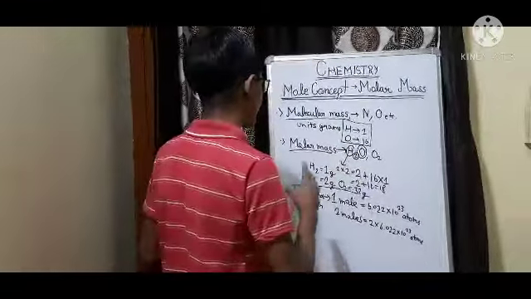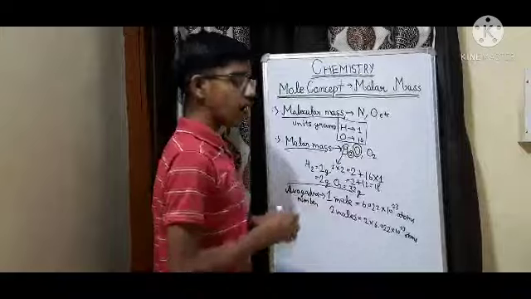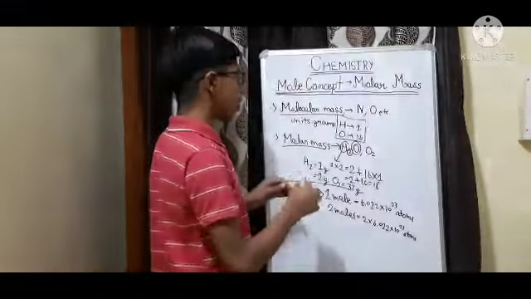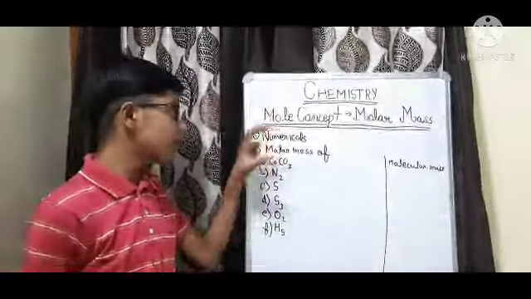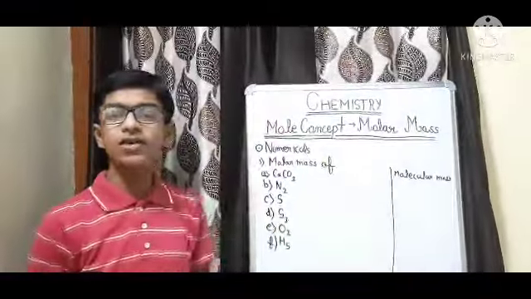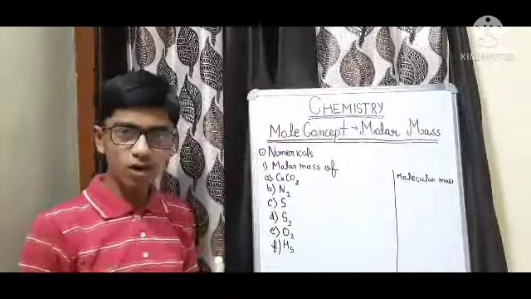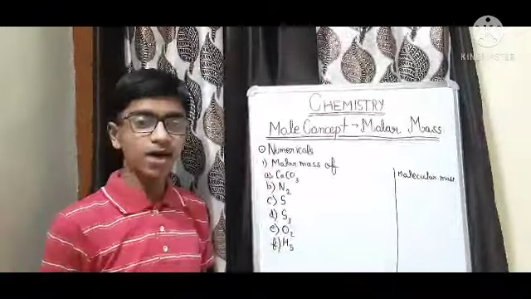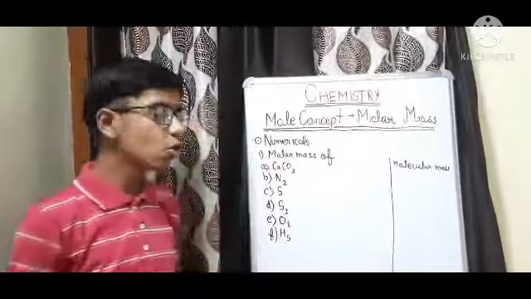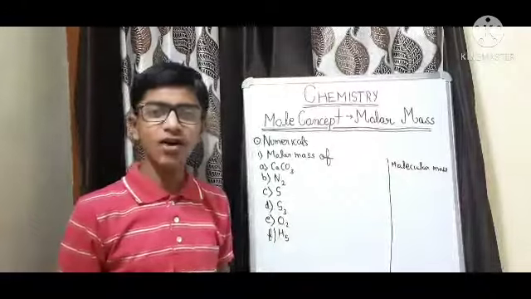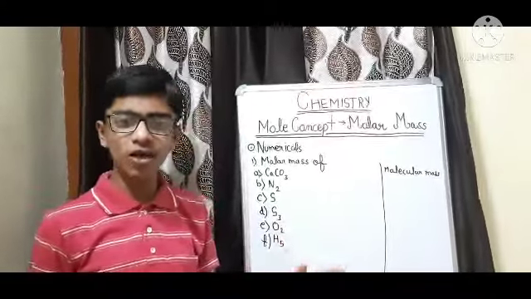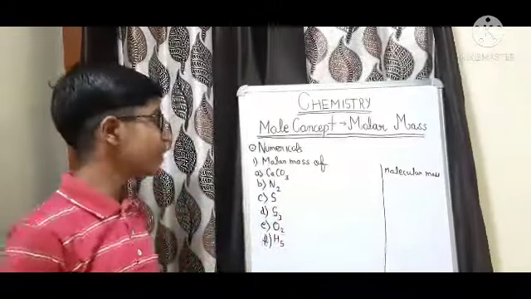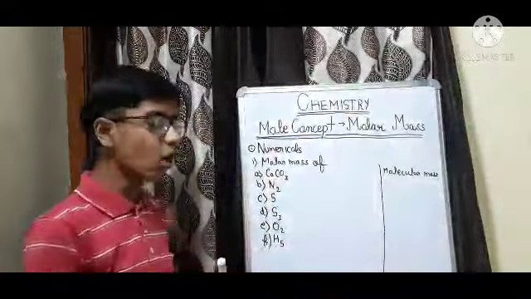Now I will talk about how to find the moles. First I will write it down, and after that I will talk about how to find the number of moles. Here I have written some numericals by which your concept will be clearer, about what the molar mass is and what the molecular mass is. In most of the questions that normally come, the molecular mass is given to us, and we need to find the molar mass. So how will we find it?